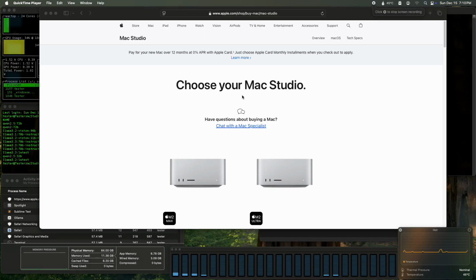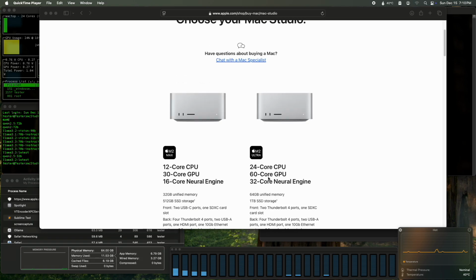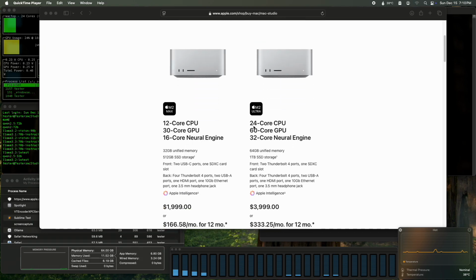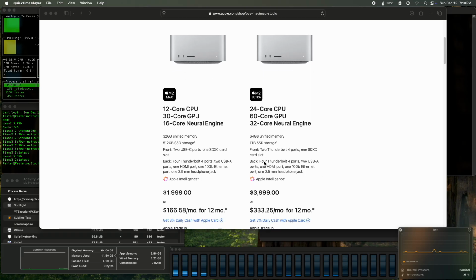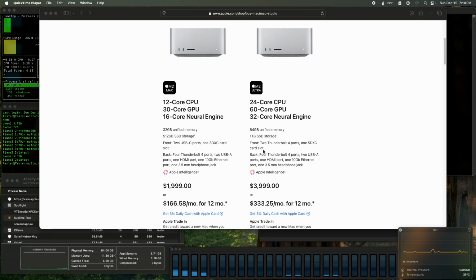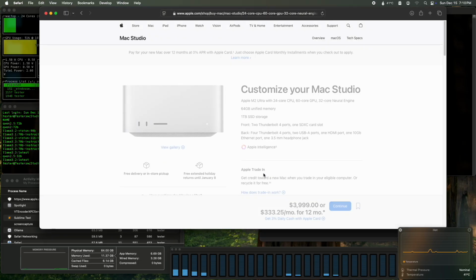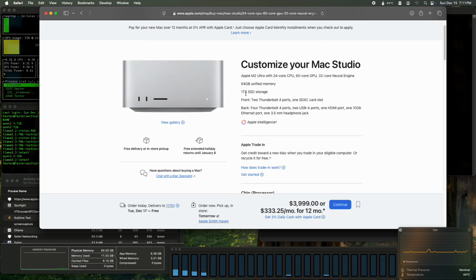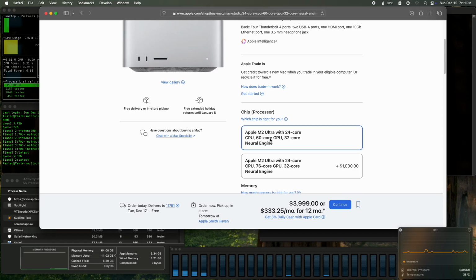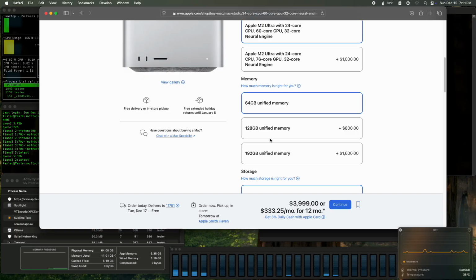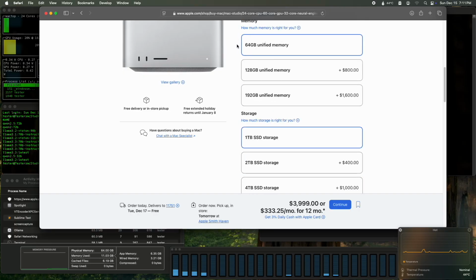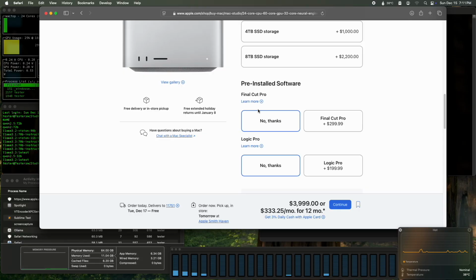Hello. In this video, I'll be doing an LLM test on a Mac Studio. I'm going to be working on a basic model, 24 core, 60 GPU, and 64 gigabytes of memory. It's a standard model, and that's the one that comes with 64 gigabytes of memory. We'll be running the default Llama 3.3 on this machine and see what the CPU usage and the